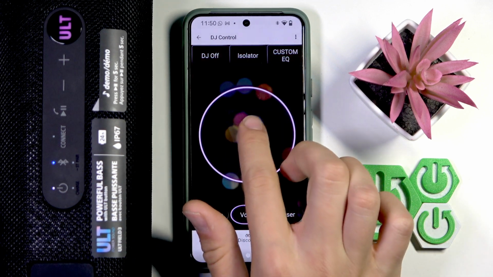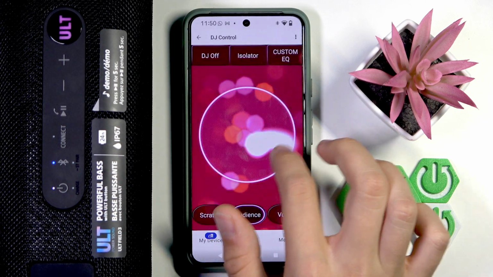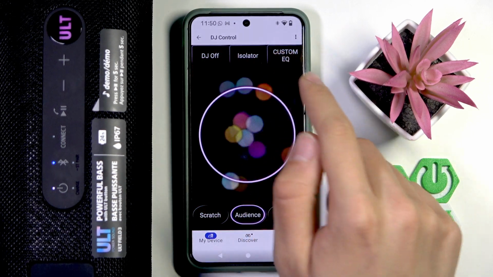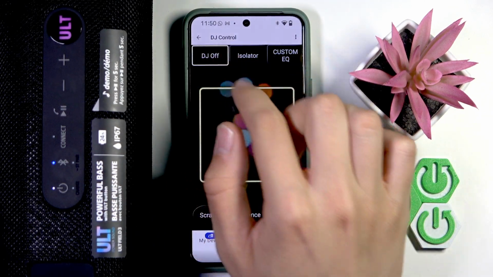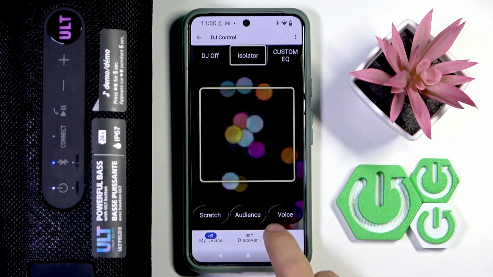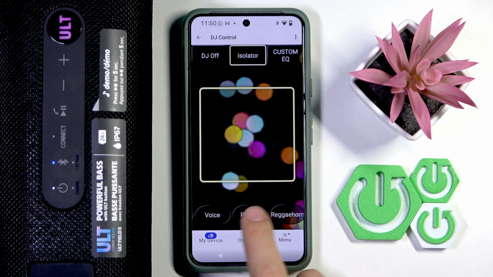We have options over here. Here we go. As you can see, here we have the custom equalizer, even isolator. Here we have DJ off, and a lot of options like rhythm, rigger horn, phaser, voice, audience, scratch, drums, and